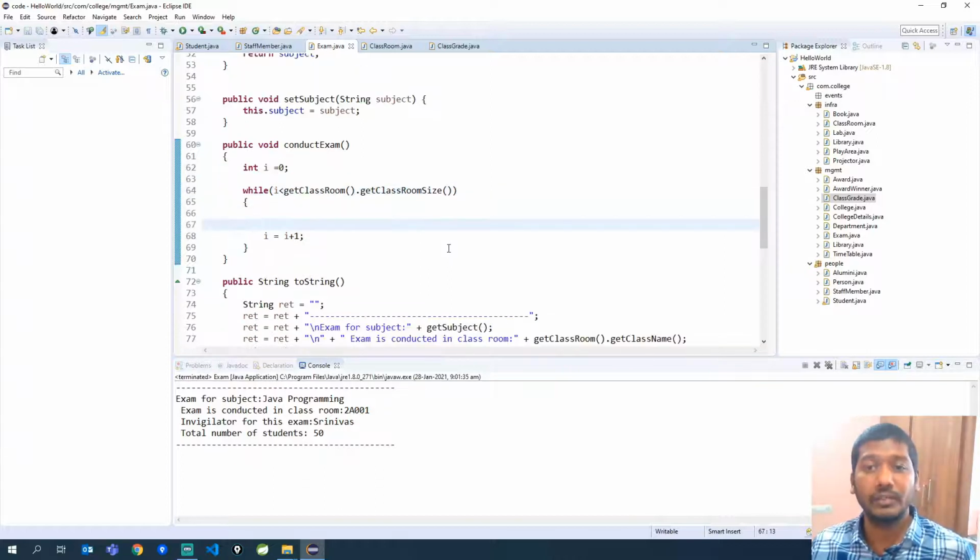So here what are we doing? We are conducting an exam for all the students. Okay. Now instead of using a for loop, I am using a while loop. This is also similar to for loop, but only the syntax is a little different. What happens here is, in while you will have only one parameter, and that is a condition, and we will be incrementing that value.